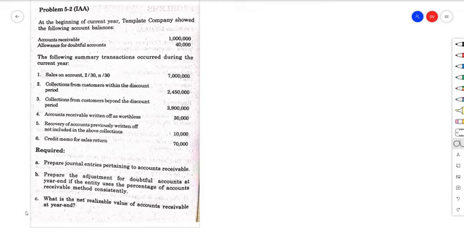Hey guys, so we will be proceeding with the application of the problems for chapter 4 and chapter 5. So this is a combination of the two. Now as you can see, we have a requirement of preparing journal entries, but let's face it, this is fairly simple. Most of the problems will indicate how much should be the accounts receivable